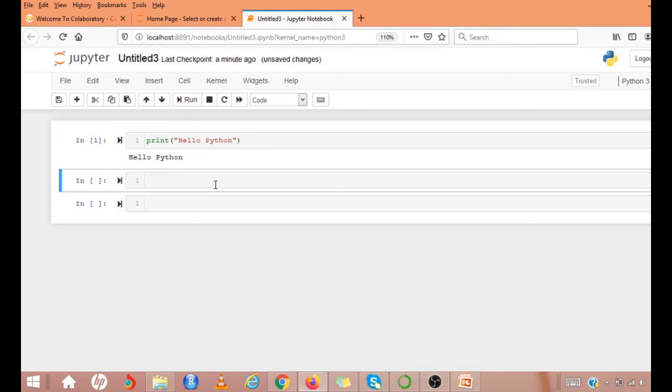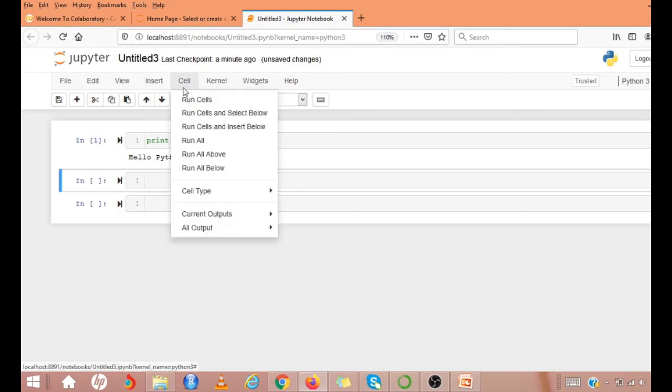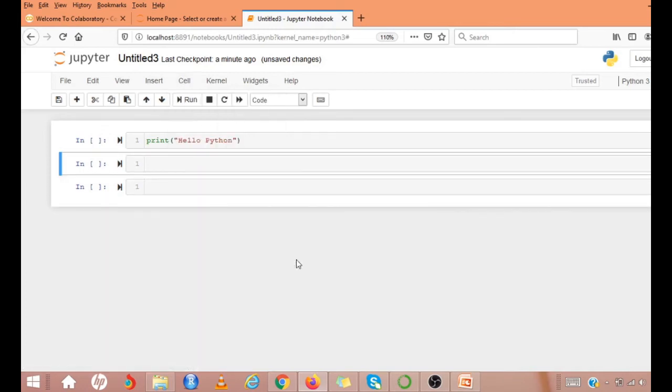You can clear all the output cells in the notebook and rerun the code cells like this. All output, I can just give a clear. You can also create markdown cells, which are used for typing some documents. So here I can say this is my first notebook.